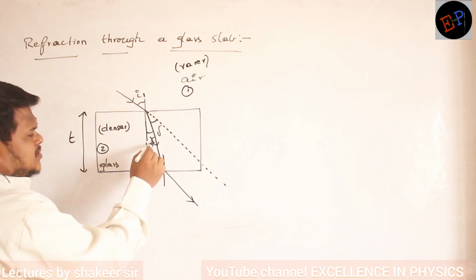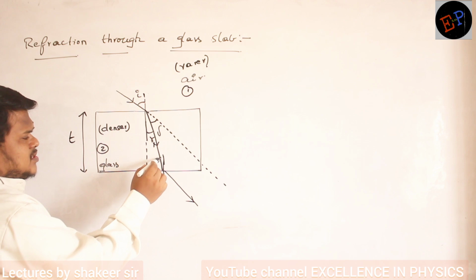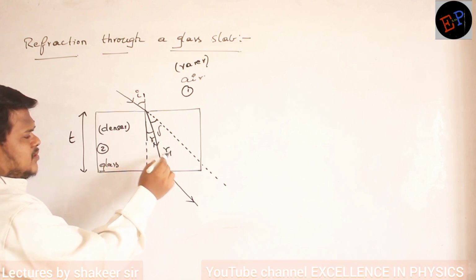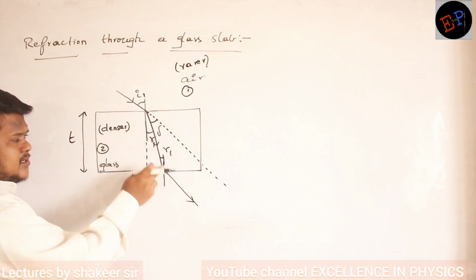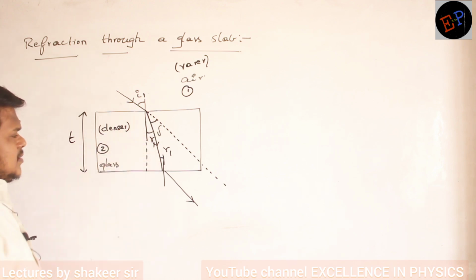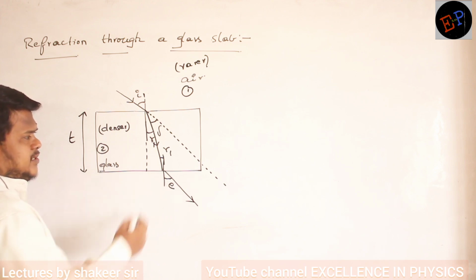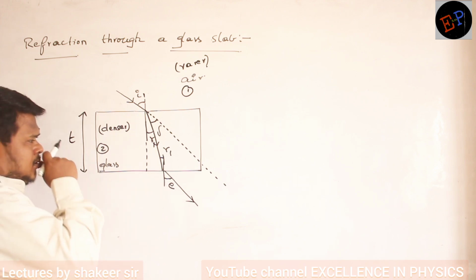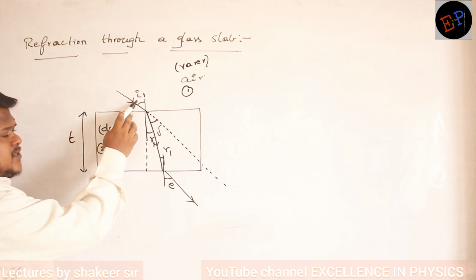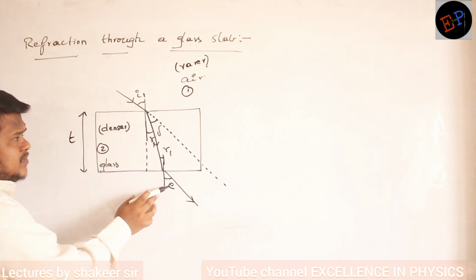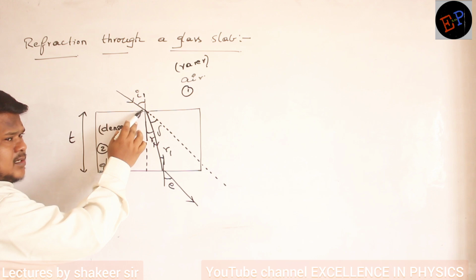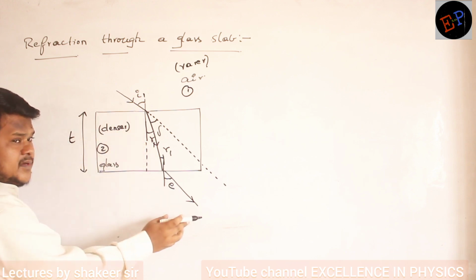Let us call this angle R1. If this is R1, this angle is also R1, because they are alternate angles. And this angle, let us call it the angle of emergence E. Angle of incidence, angle of emergence: the angle at which light is falling on the glass, and the angle at which light is leaving the glass slab